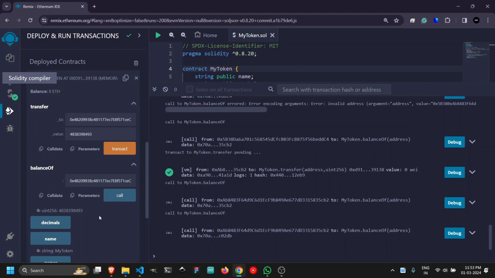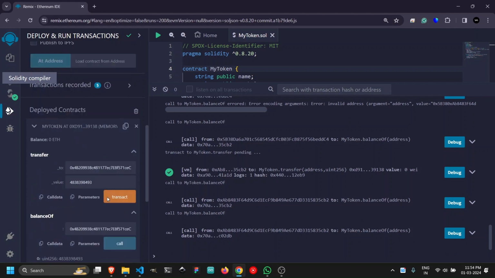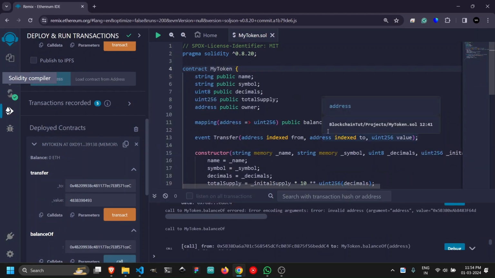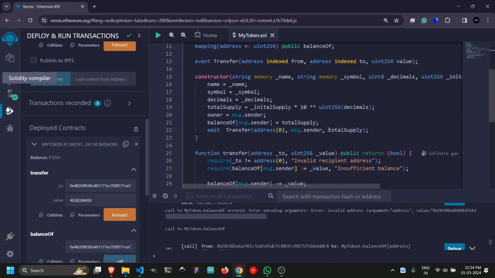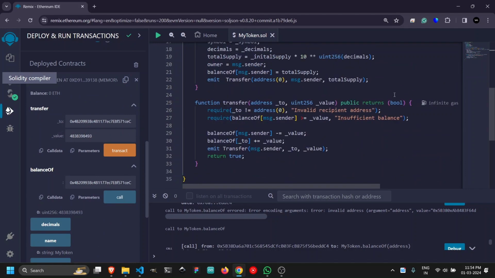So now we can say that our transfer function is working perfectly, and we have created our first token, the most basic token you can create ever. So congratulations, we have come a long way in this Solidity journey, and now you know how these things are created. And if we think about why we have this function called balanceOf, because we have not created any